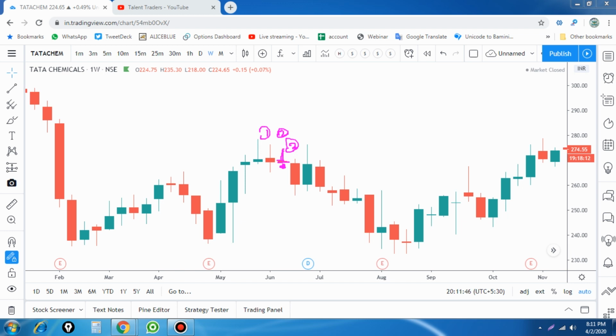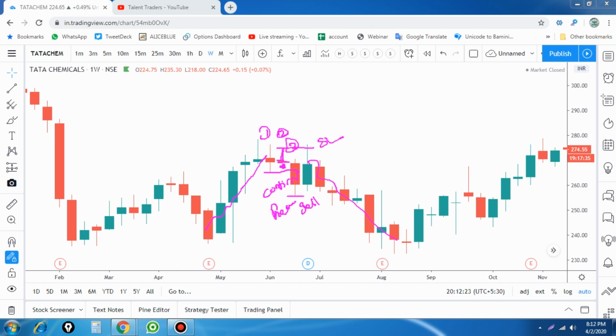The first candle also looks like a doji. The second candle is a spinning top, and the third candle closes below the low of the first candle. So here we got a confirmation of trend reversal. The prior trend keeps going up, so I am expecting a downmove. I am going to sell below the low of this particular candle with the stop loss at this level. This is my sell entry, understood? This is my sell entry, and this is my stop loss.